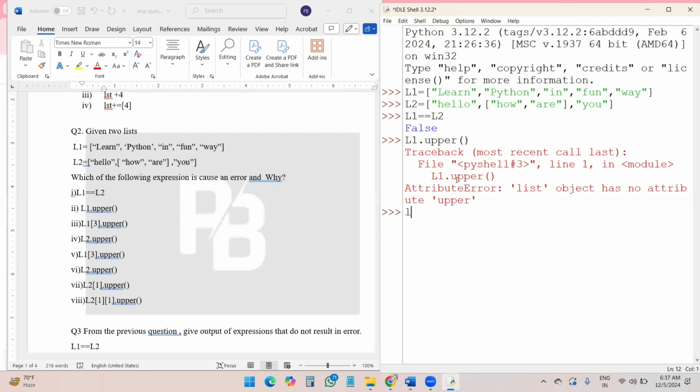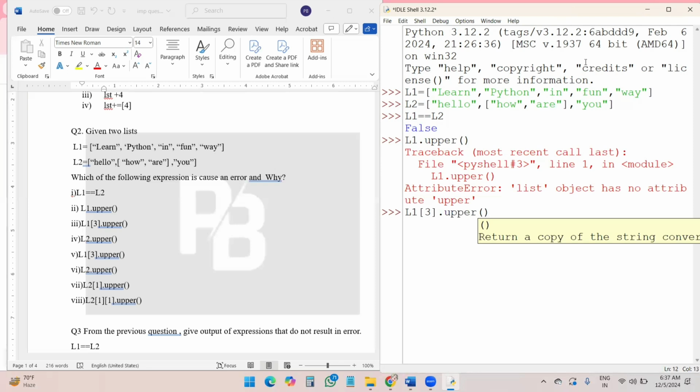So if I am writing here, students, L1[3].upper, what is the meaning of this statement? L1[3] means this is my L1 and 0, 1, 2, 3.